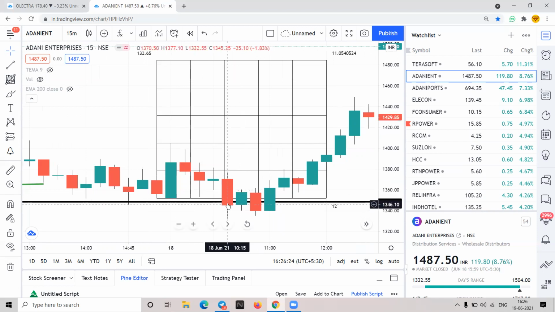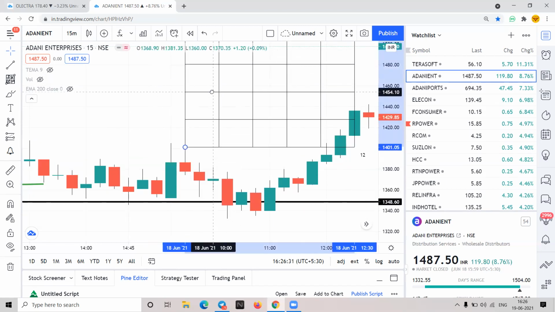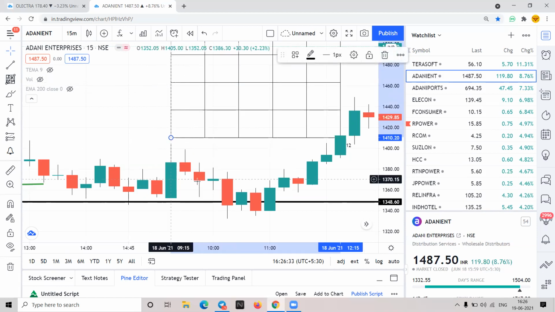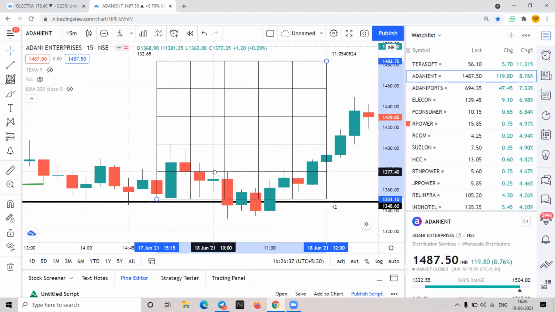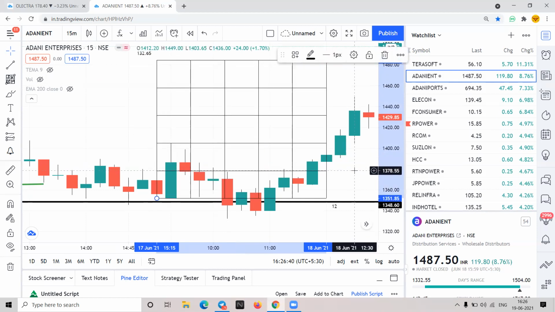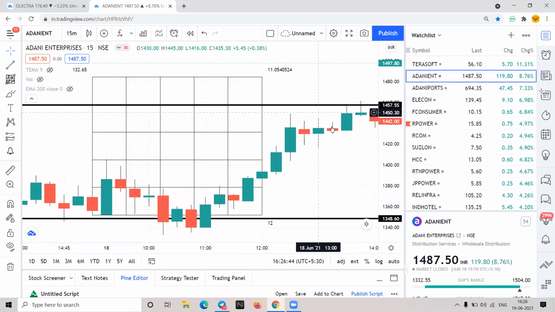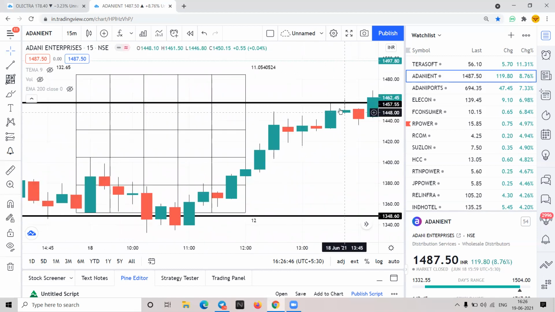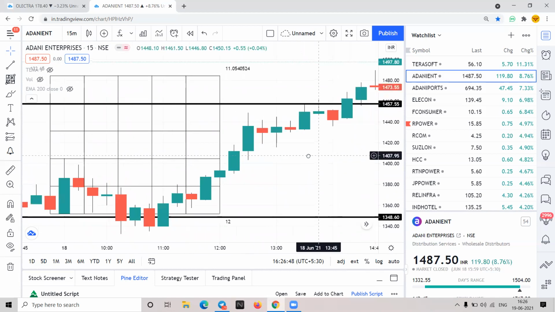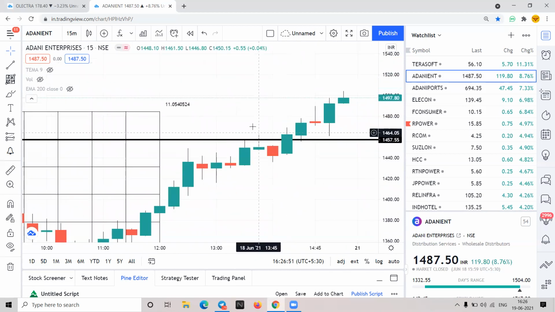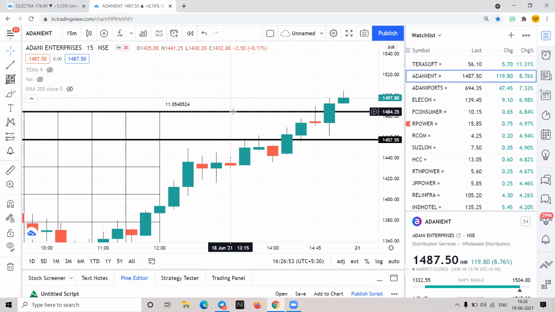If you look at this candle here, this is the trigger candle. If you remove this, below this we have to take entry. Right? And once that is done, you can use Gann square for trailing and booking profit. If I extend from the Gann level, it has taken support exactly here. Then it has given a little pullback, and then again it went up. And again, if you look at the Gann level, it will struggle somewhere.